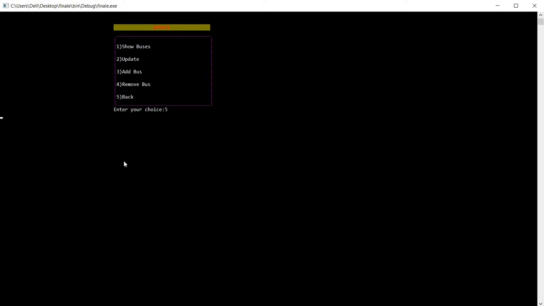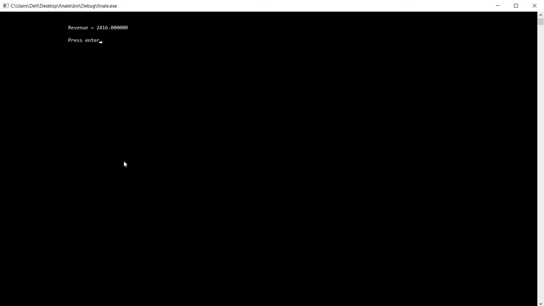Now let us go back and check the revenue function. What the revenue function does is calculate the total amount that we have earned.